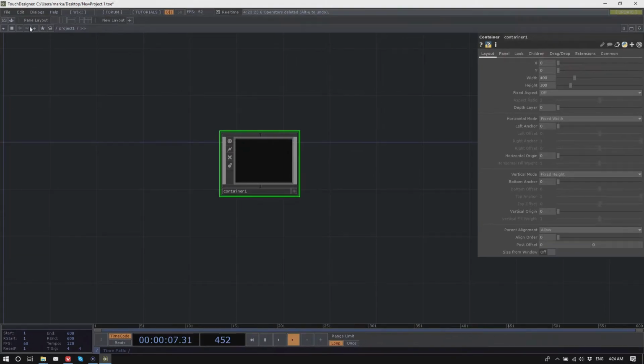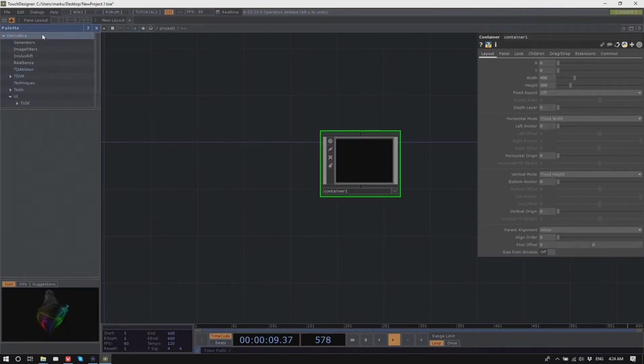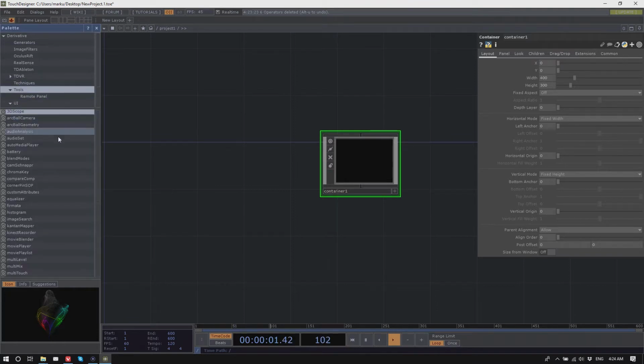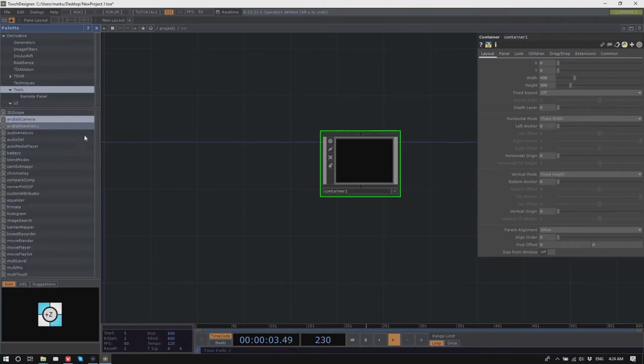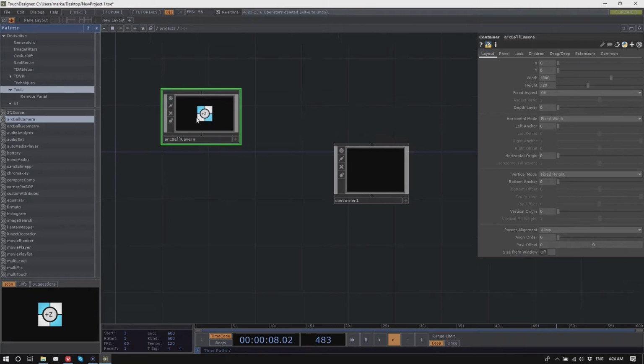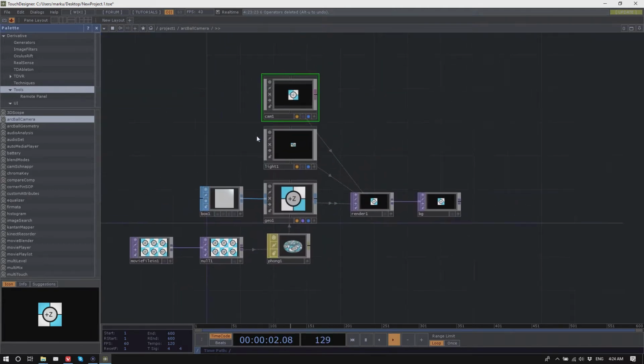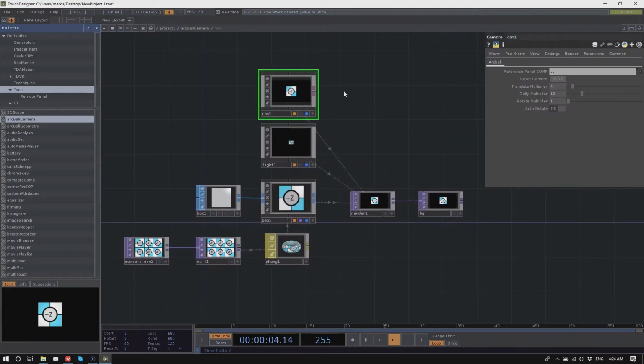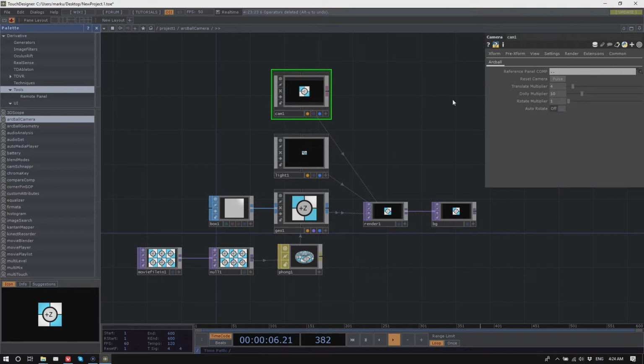Even if you look at the palette, let's say we go to tools and pull out the ArcBall camera that we used yesterday. If you go inside there and look at the camera one, it has two things. One is these custom parameters.